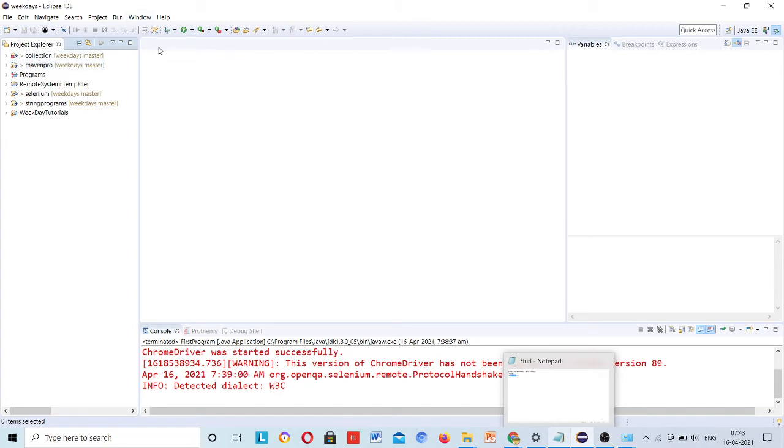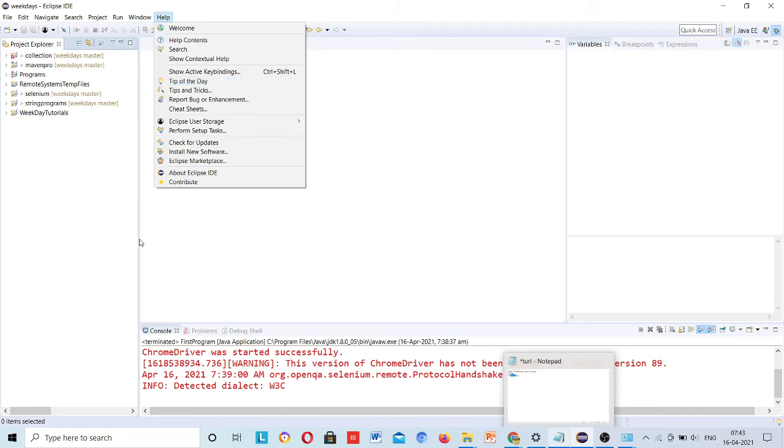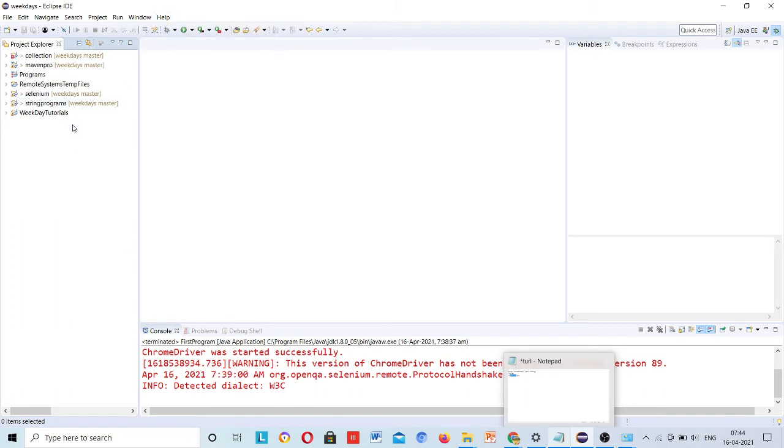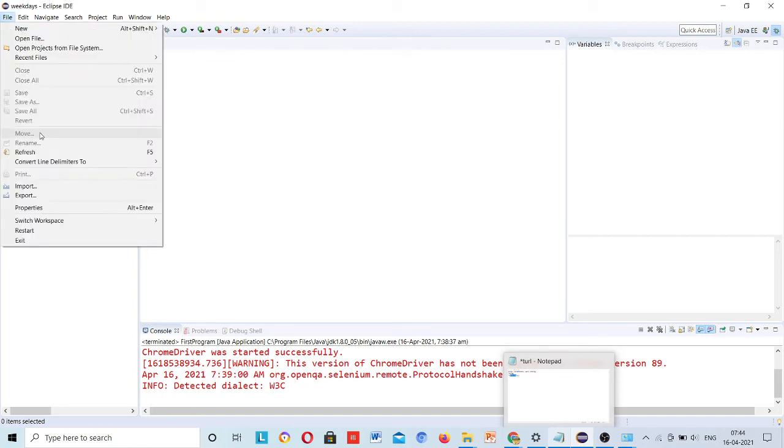So I can download TestNG in this workspace and then start working. But the TestNG you install from the Eclipse Help button will be available only for this workspace, and this is the maximum level you can do. Anytime you change the workspace, you need to install TestNG in your Eclipse again.